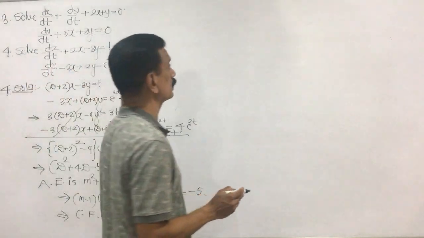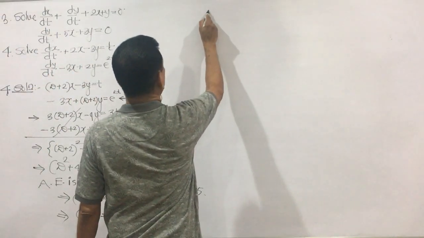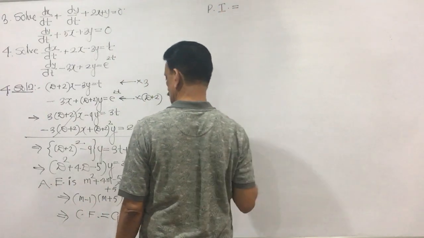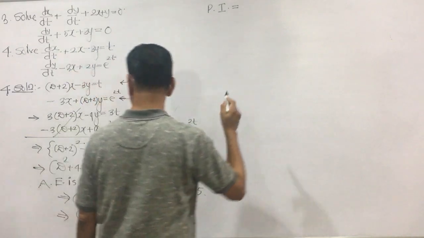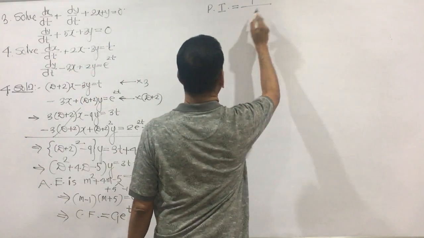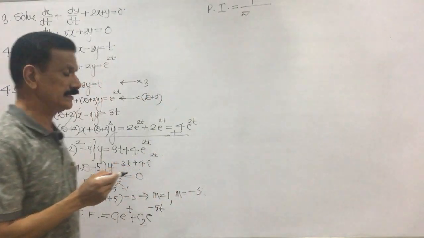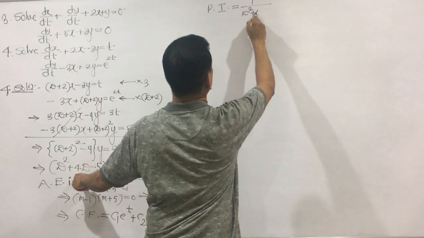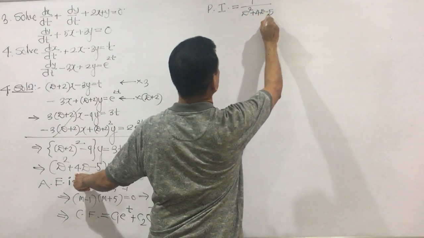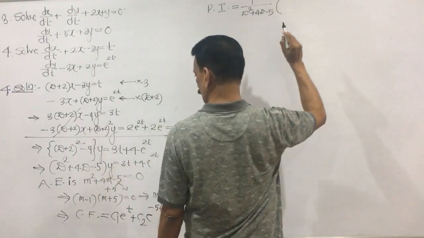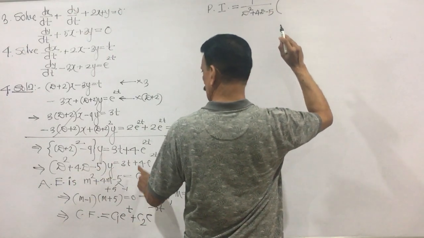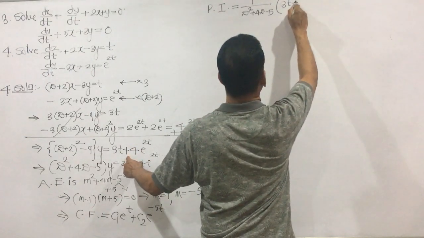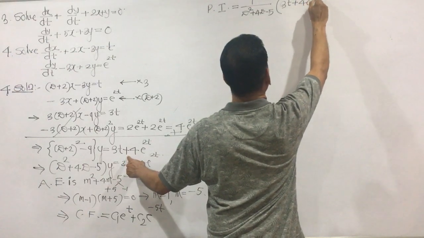Let us find out the particular solution. So particular solution PI, CF we have found, PI is, I write that as 1 divided by f of D, means what your f of D is, it is D square plus 4D minus 5, which is operated on what that right side is, my dear friends. It is 3t plus 4 e raised to 2t.